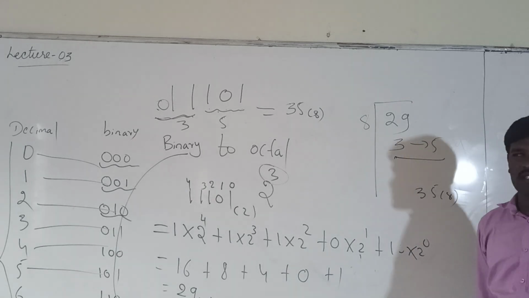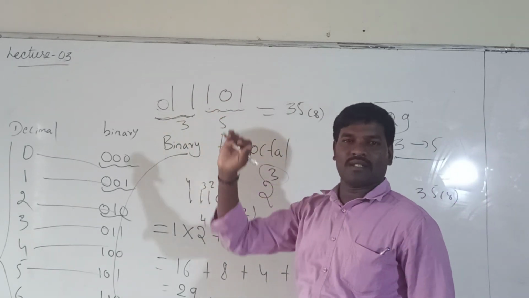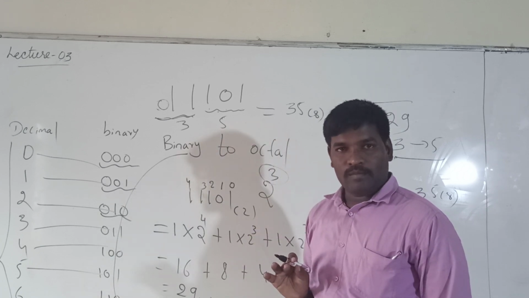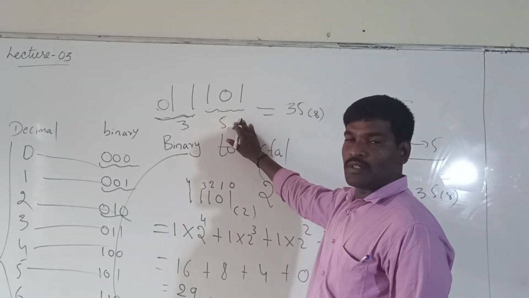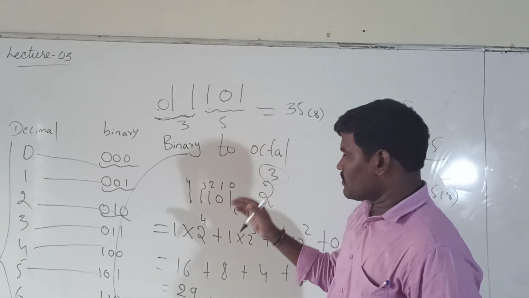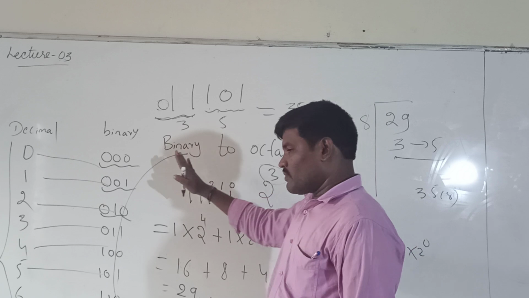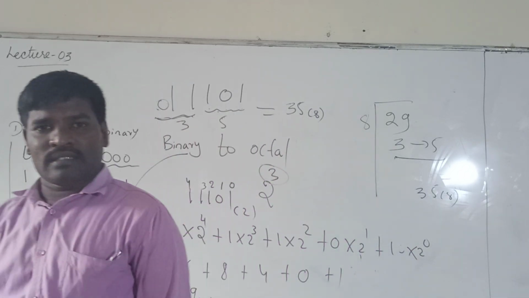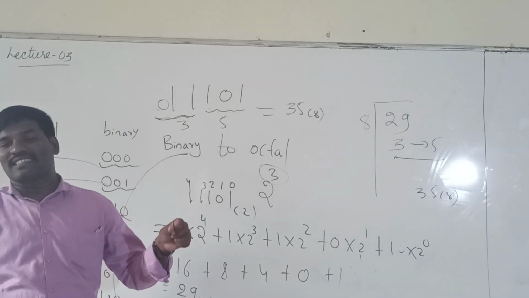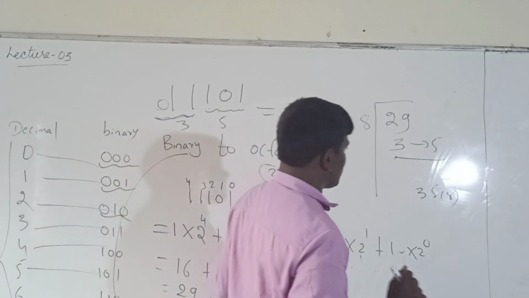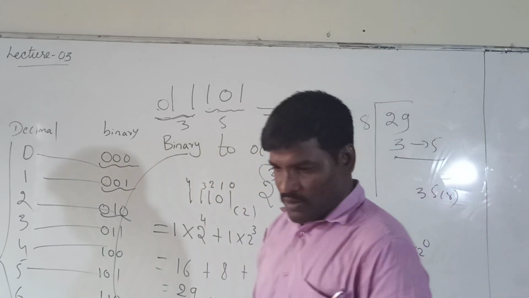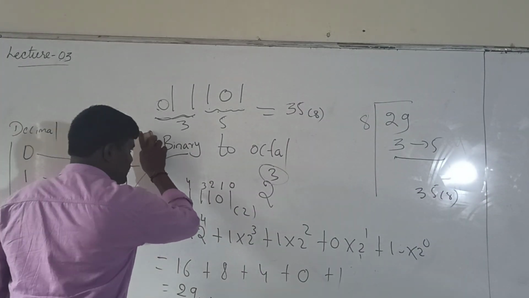But in the examination, you do not follow this rule. It is only for confirming your answer, because in 2 lines it will finish. You have to remember one thing: whatever the binary number may be, first it is converted into the decimal number system. After finding the decimal number, next it is converted to the octal number system. So this is the method. Now consider another example.